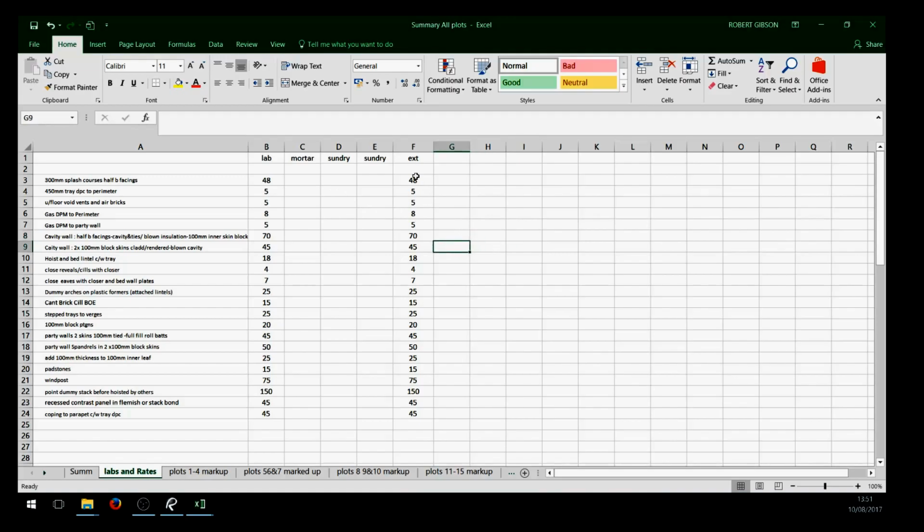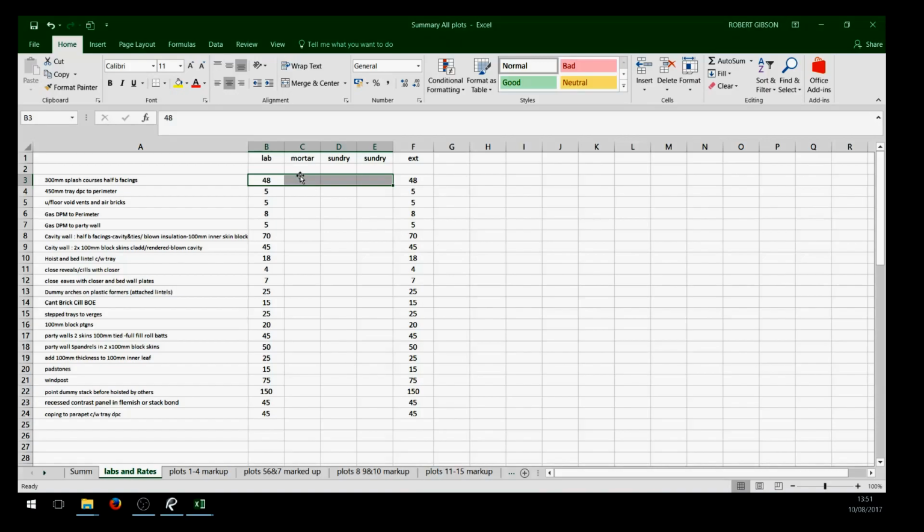So to make sense of that, you'll see here that this extension rate, that's going to be imported into each bill. But I've left enough capacity in there, should I need to come back to this later, to input those rates there